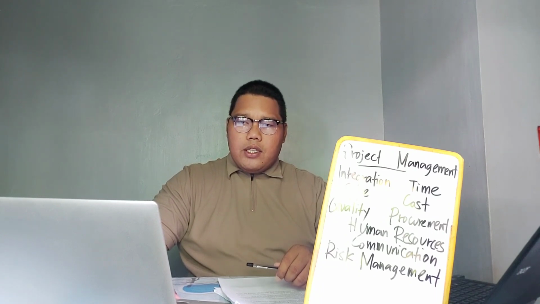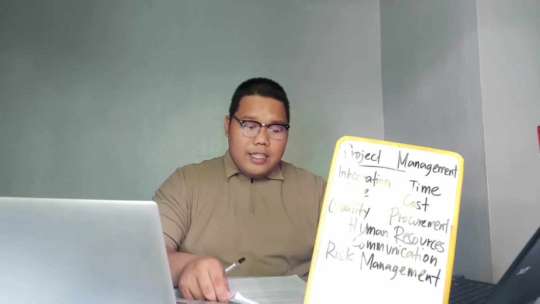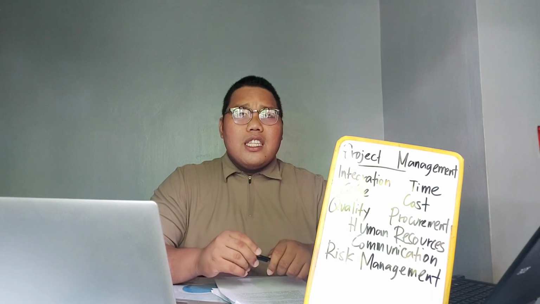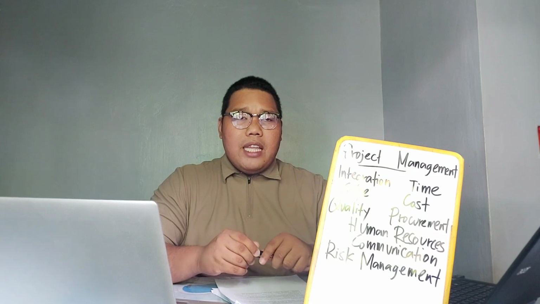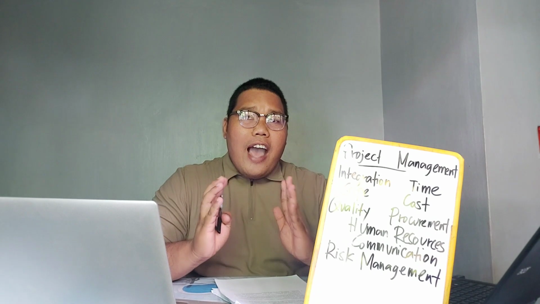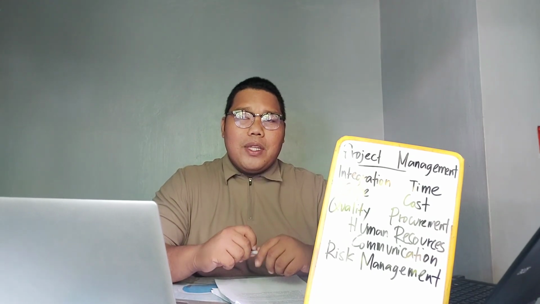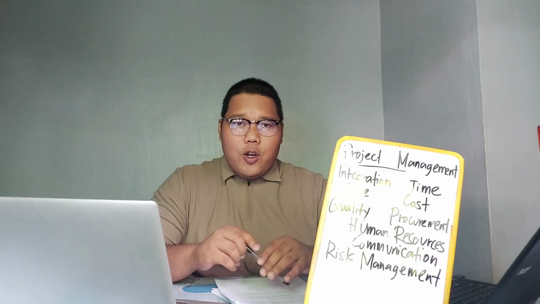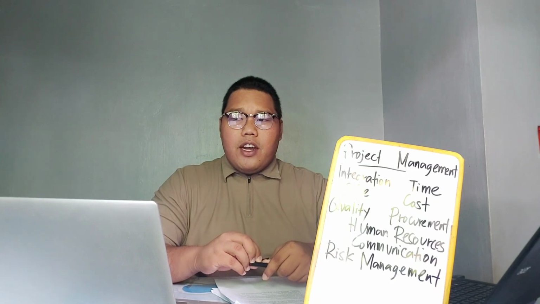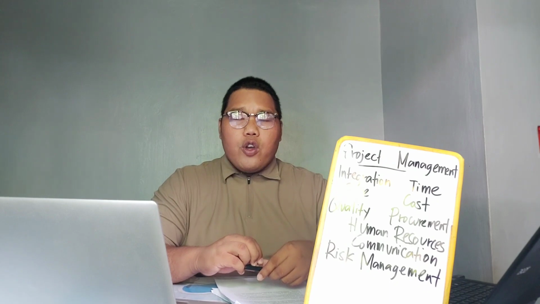The first one is incomplete, ambiguous, inconsistent requirements and specification. Of course, it could be a result of inadequate scope definition. That's why you always have to define the scope of the project and include all activities of the project in the project scope management. So project requirements are tasks that must be completed to ensure the success or completion of